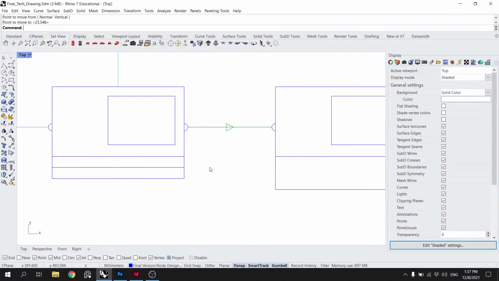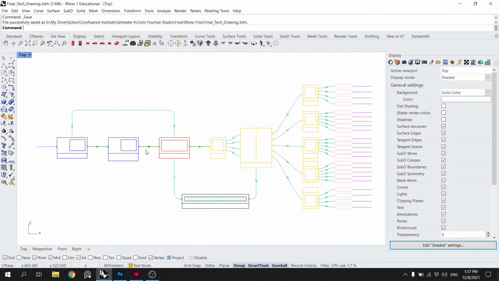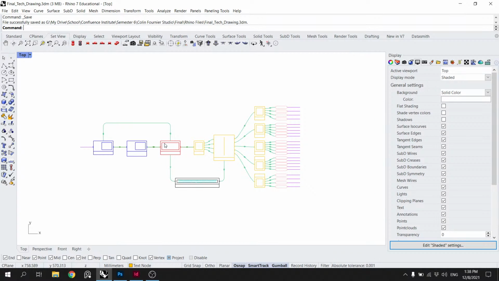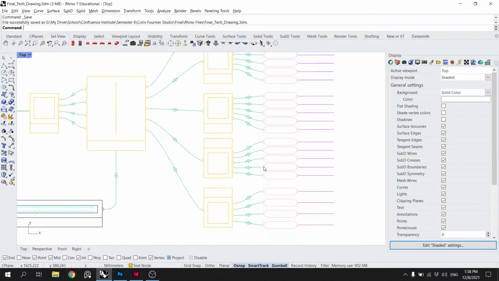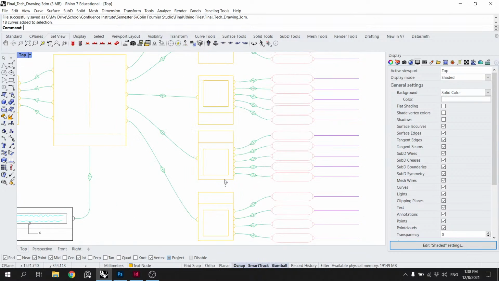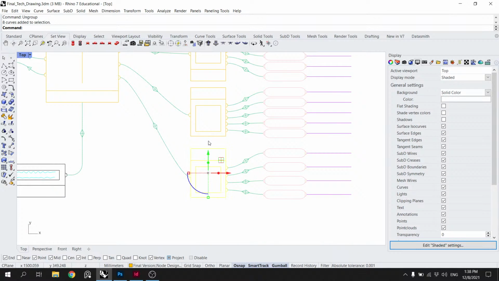That goes from there to there, and from there to there. Saved. Okay, that's all that. Okay, so ungroup. Can I mirror this?